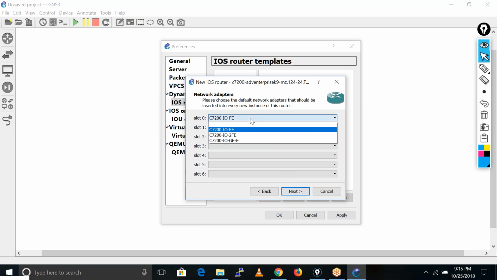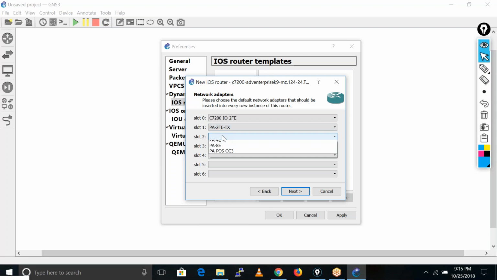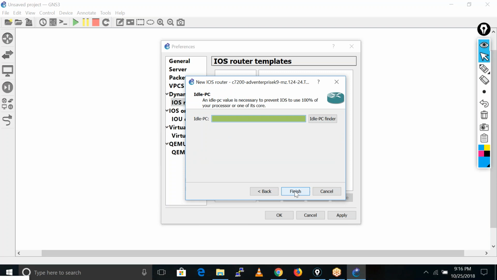Next. In the slot, you need to first select the input output 2FE here and the input output 2FE TX here, and here also 2FE TX. Next, you just click on Idle PC Finder only one time and wait for a couple of minutes. It takes around 1 minute to calculate the ideal value.